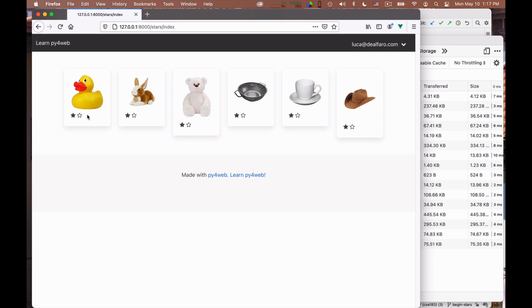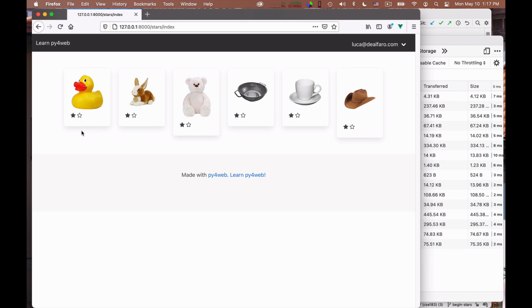Okay? And so, because of this, I want to associate with each image 2 quantities. I want to associate the true rating, so the number of stars, and also the number of stars to display. Normally, when you're not hovering, these two numbers will coincide, right? If the duck has 3 stars, the true rating is 3 stars.